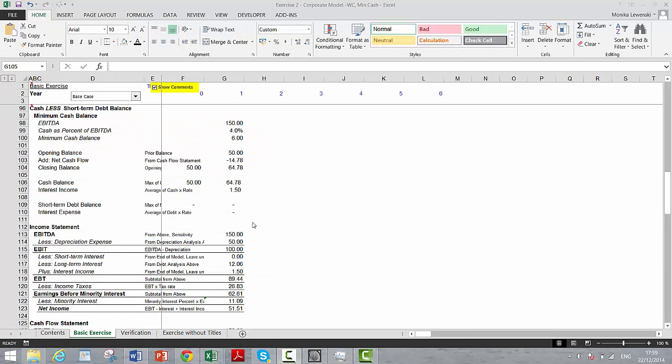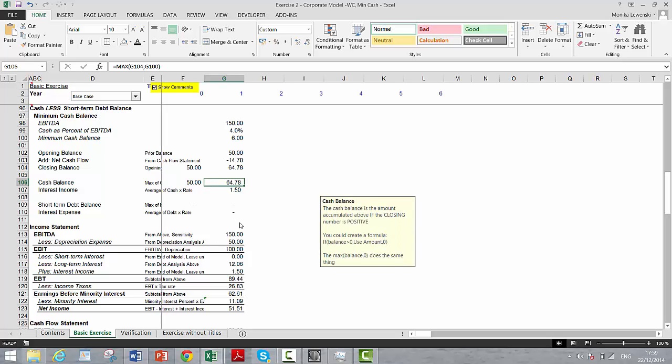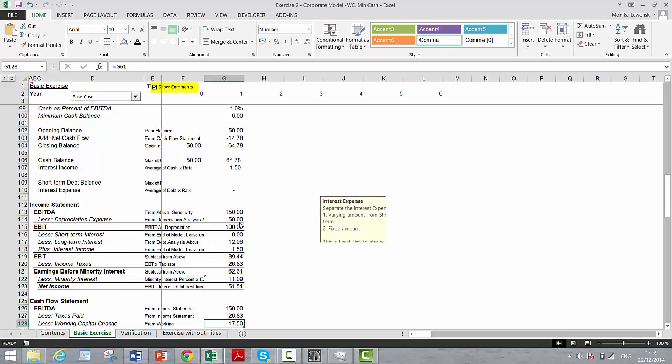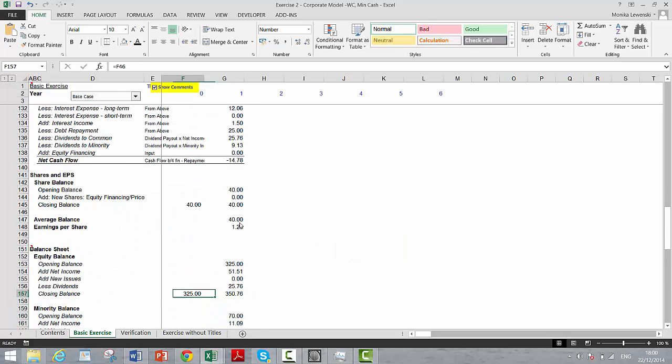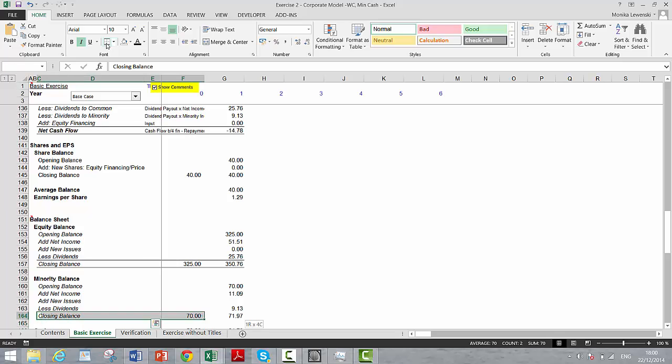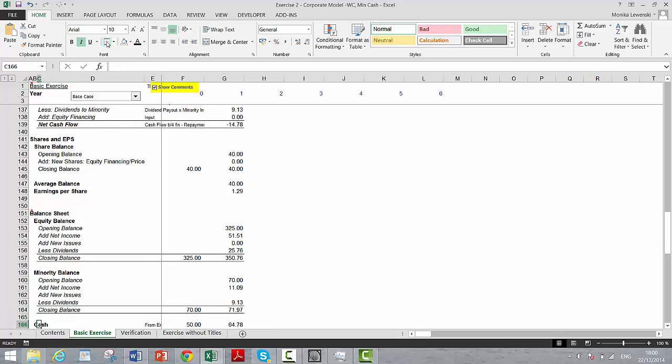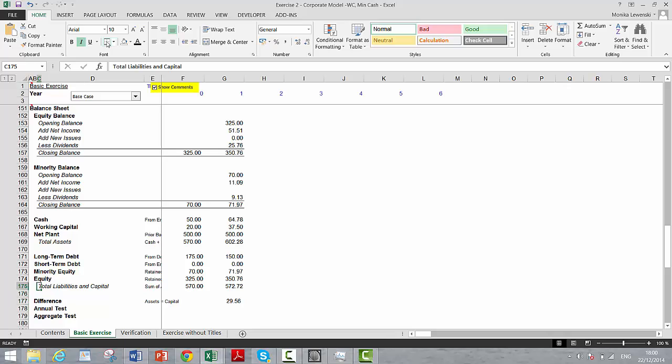Okay, this is the continuation of the second exercise, and I made the balance sheet, and here's the equity balance. Remember, we just did that. Here's the minority balance, and the balance sheet balances in the first year. That's good. But in the second year, we have a difference. Okay, this was the difference between, so we may,